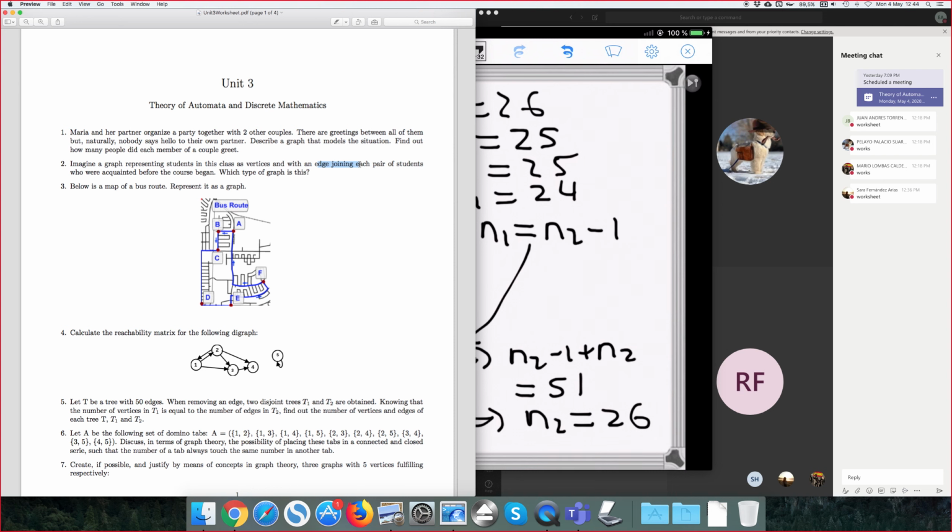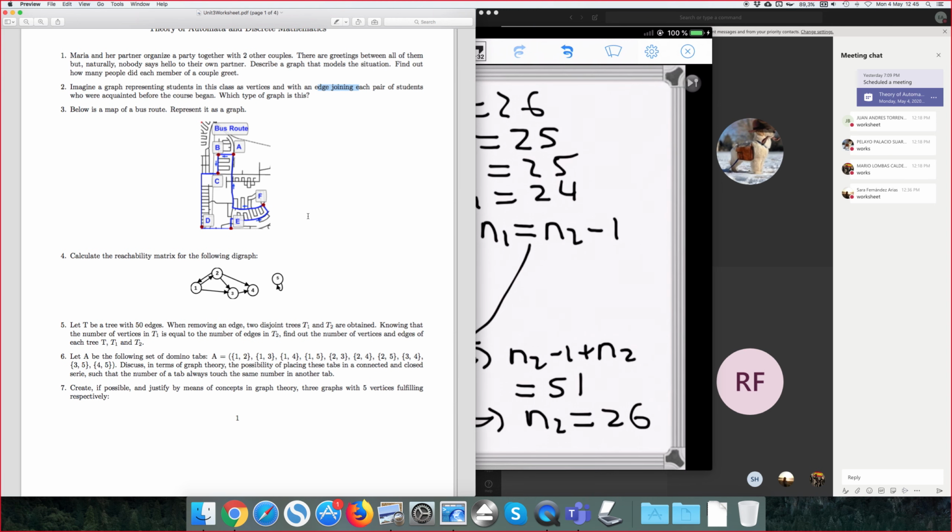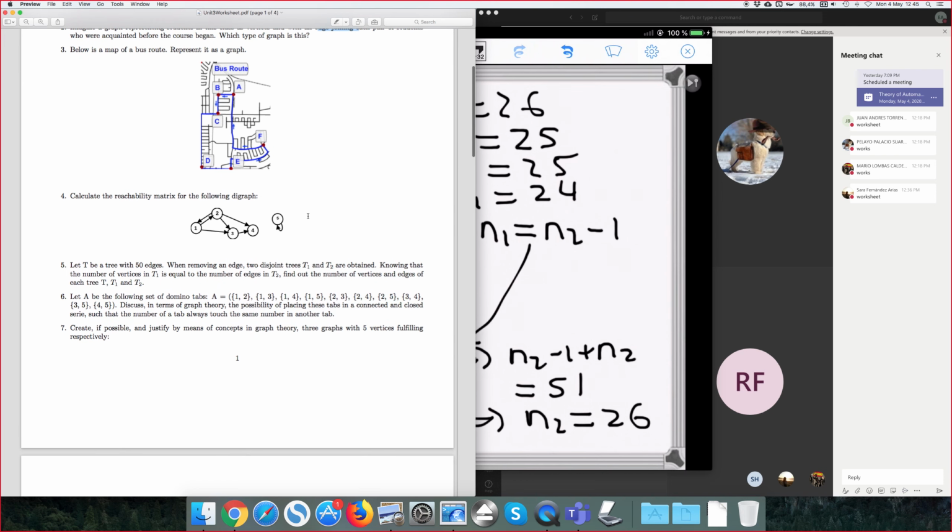What type of graph is this? Well, these are very easy questions. Please take a look, and if you find any problem with that, email me, okay? But they are so easy that I'm not going to solve them now because there are other more interesting problems,